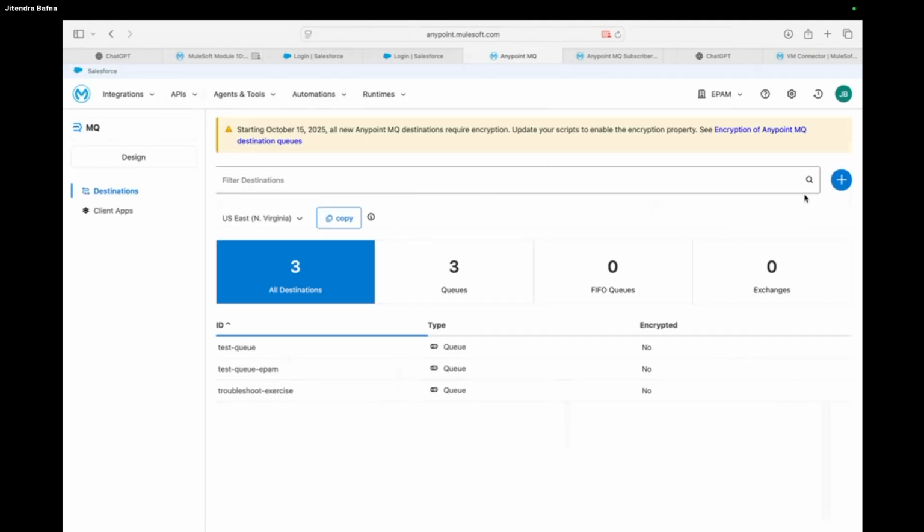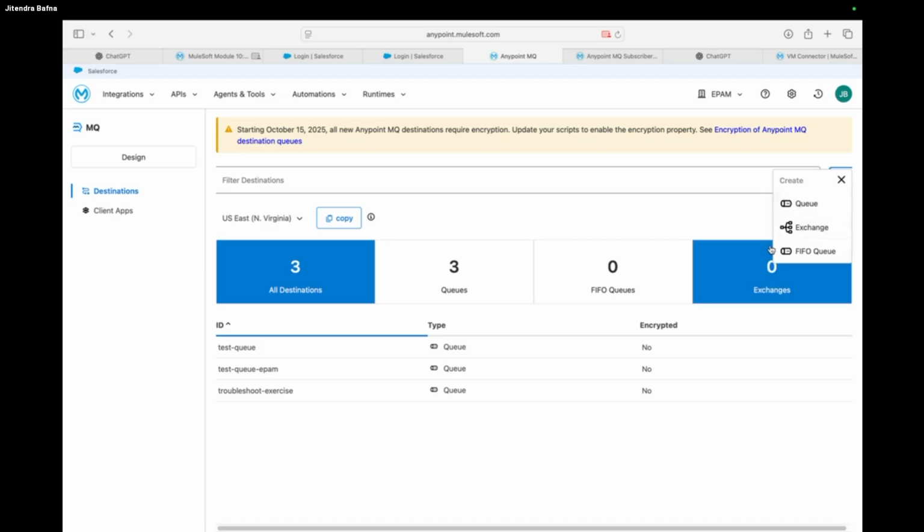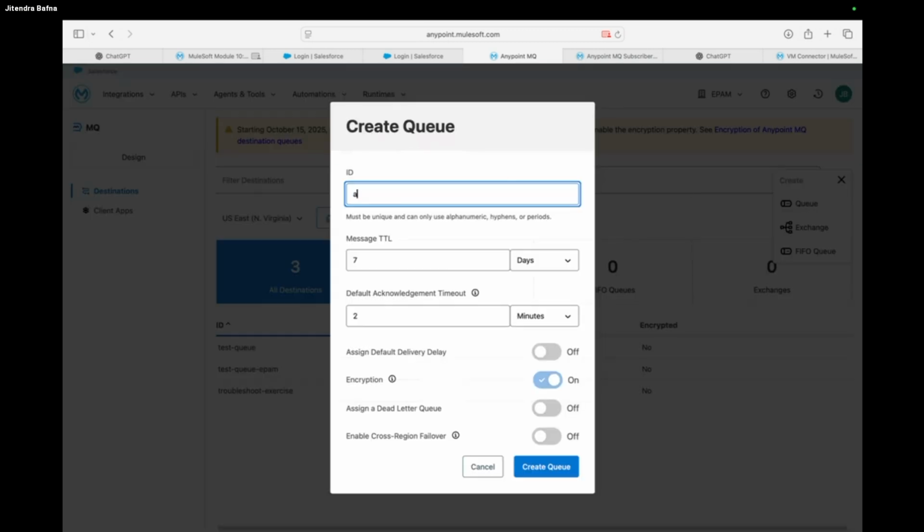Here, it also supports FIFO queues, first in, first out. So if you want to make sure your messages get processed in order, you have an option to create a FIFO queue also. So first in, first out. Here we have a queue, you can create a queue, you have an exchange, you have a FIFO queue. I will simply create one queue. I can just say account